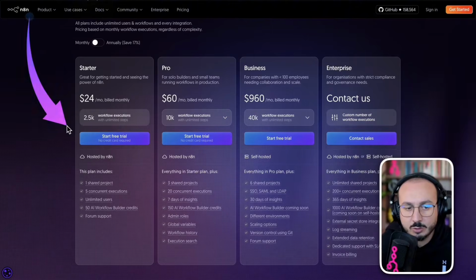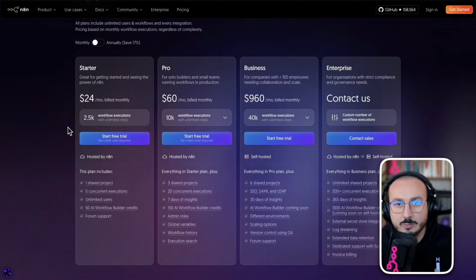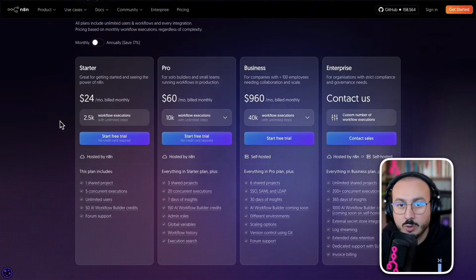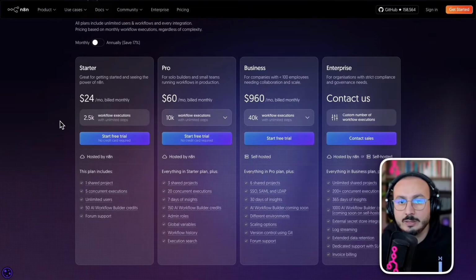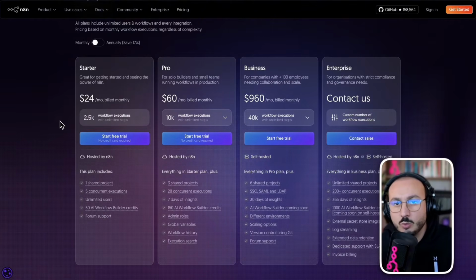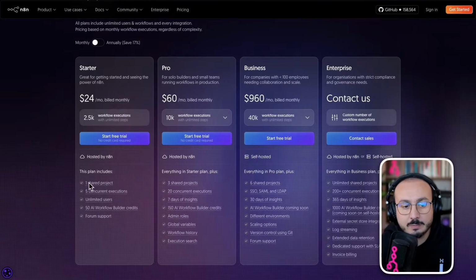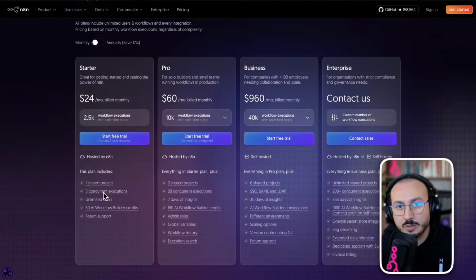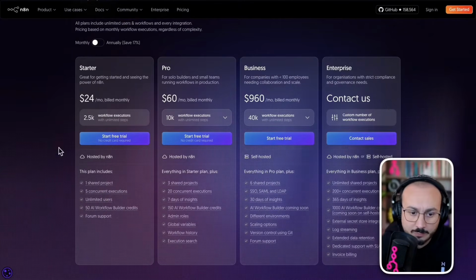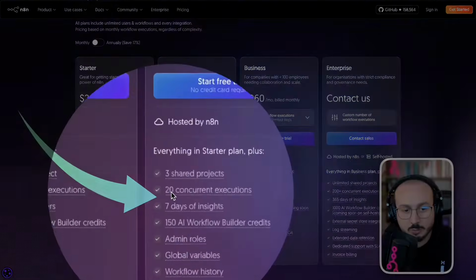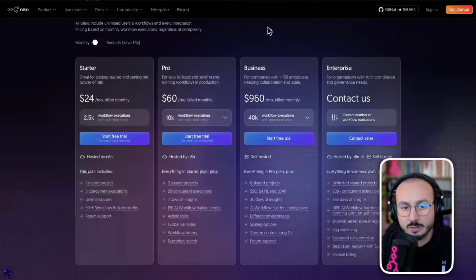This limitation is going to be a bit of a hindrance, especially for freelancers who want to test workflows, or even for companies that want to set up certain workflows to automate specific tasks. Having only 5 active workflows running at the same time is really not much. Unless you go for this option, which gives you 20 active workflows, but then you have to pay